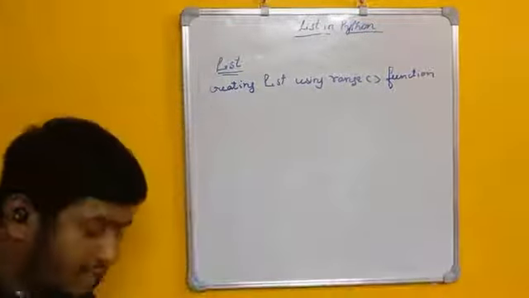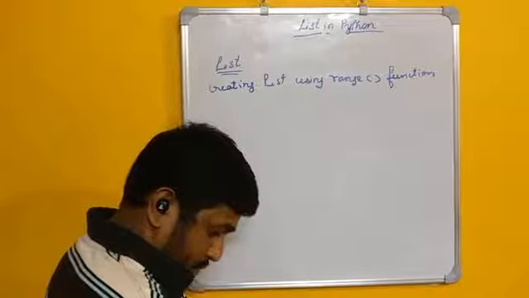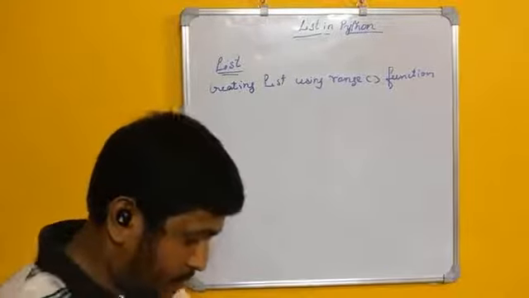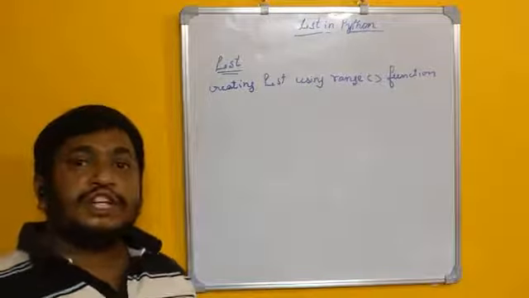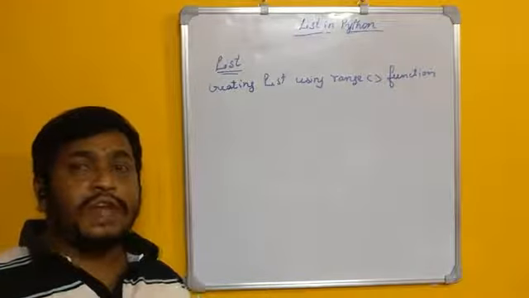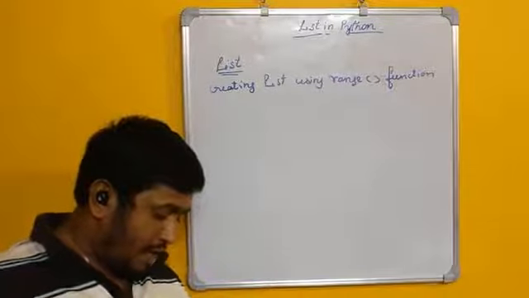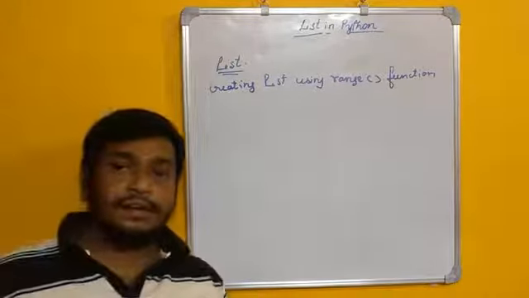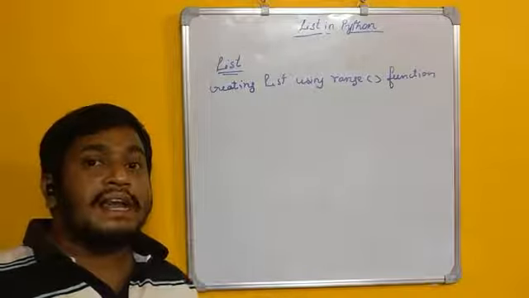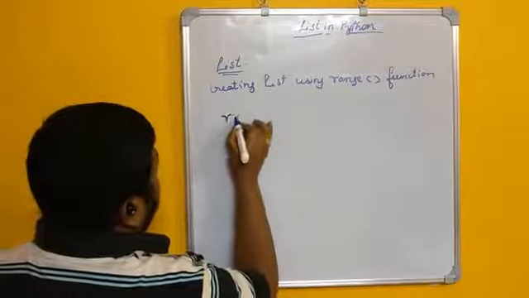The range function is used to create a sequence of elements, or integers, which can be stored in a list. The syntax for the range function is